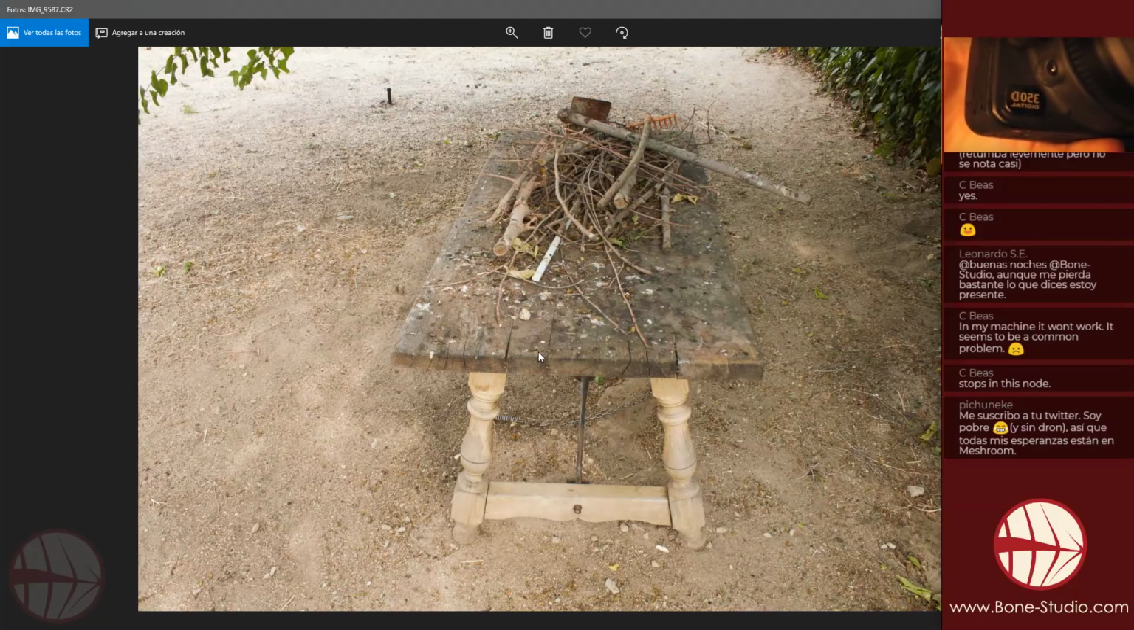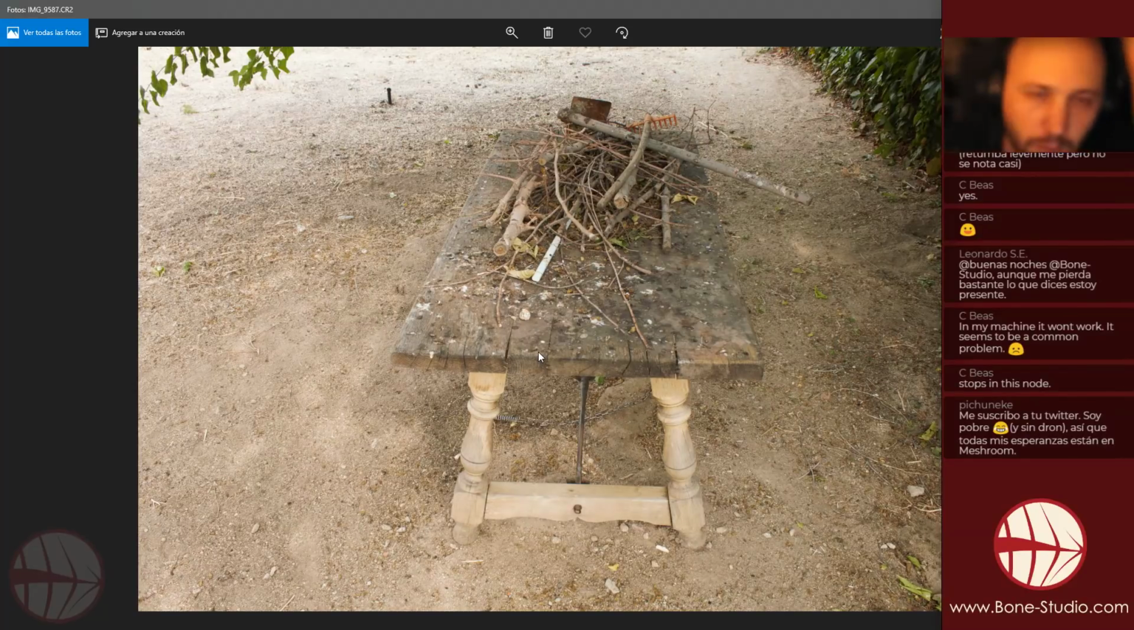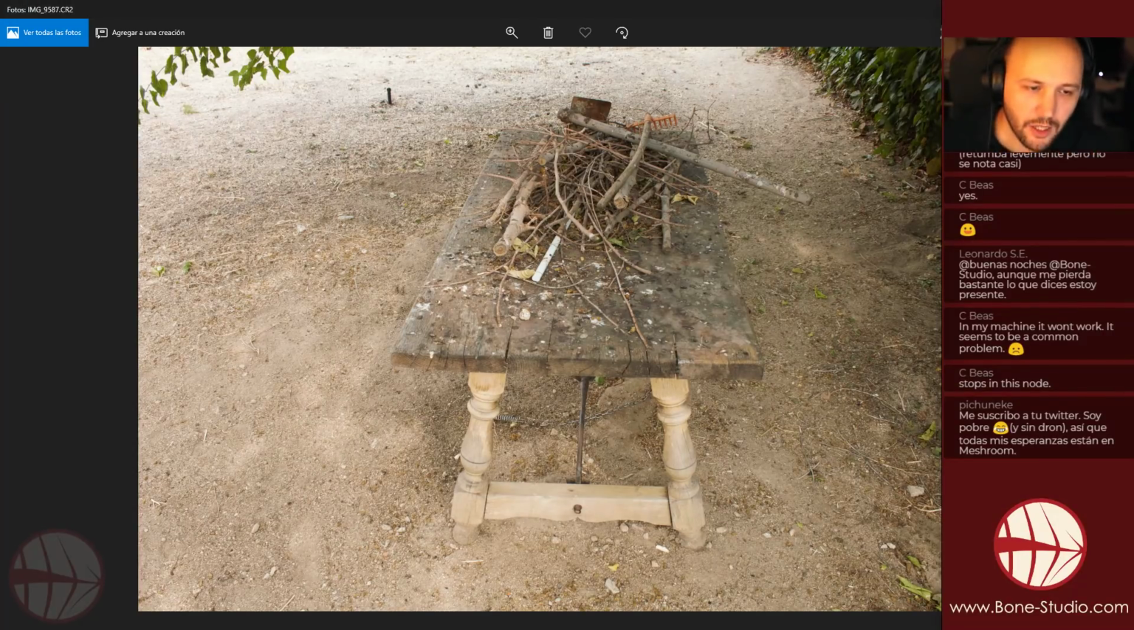This is a 350D. I think it was called Rebel already at that time. You can get this even for 50 euros, I think. 50 euros, 100 euros at most. And you get a proper camera, not a big amount of megapixels, because the more megapixels you have, the better. But you can get a pretty good camera. You can